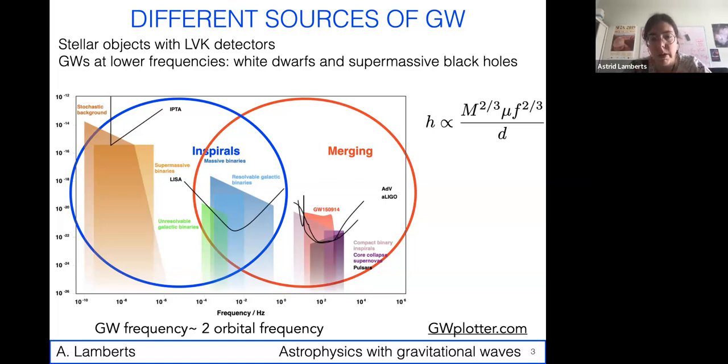So in the middle of this plot, I'm showing here the LISA sensitivity curve. This black line is what we expect the future space mission LISA to be able to detect. So that will be gravitational waves in the millihertz regime. So this means that things are turning around each other in a few minutes, a few hours, which is already something that seems much more easy to comprehend for humans. And so at these frequencies, we're going to see the merger of more massive systems.